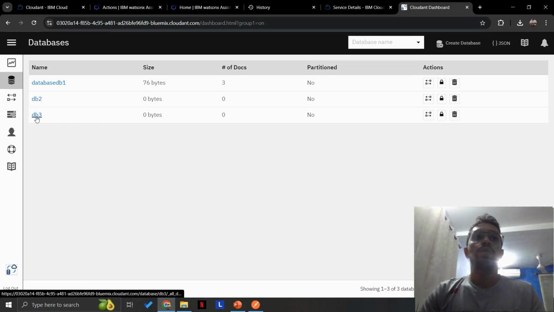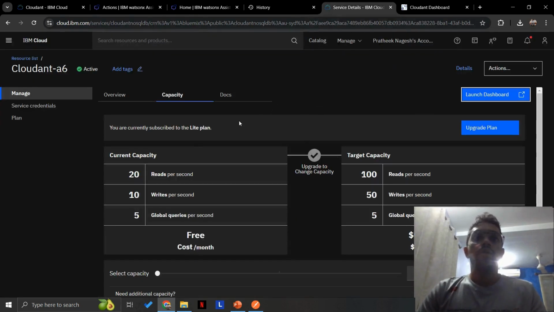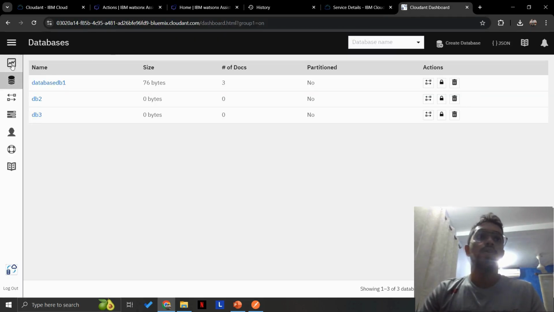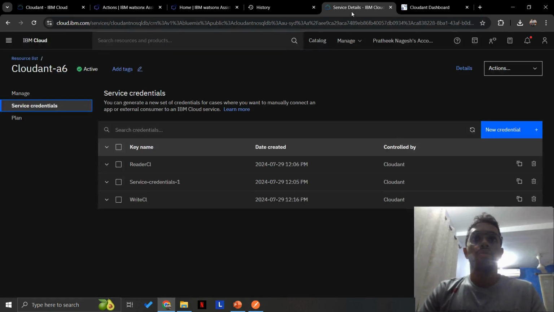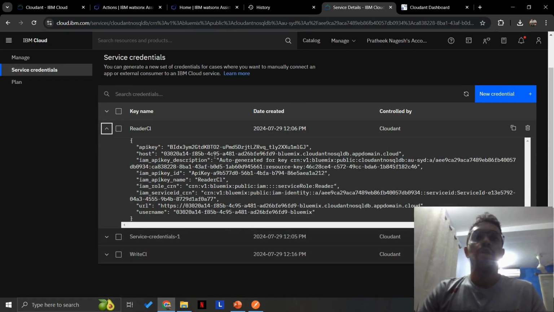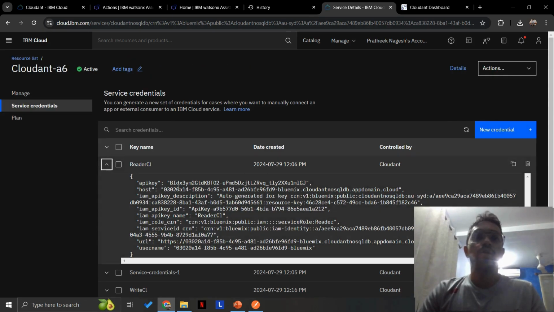So as you can see, DB3 is being created, and we can access the Cloudant through APIs, the API endpoints which are provided here. And this is an API key for reading, and through the endpoint, if I access the API key for reading,